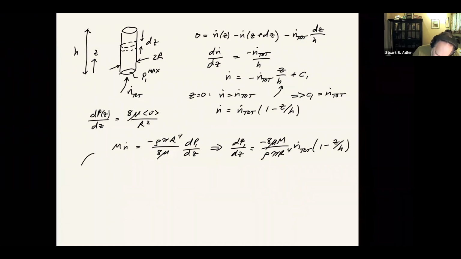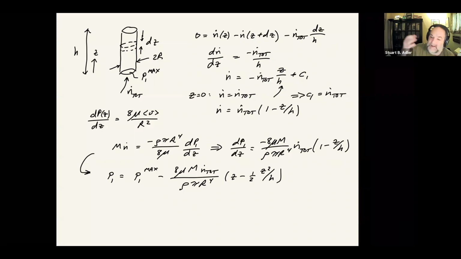And so we can solve this knowing that the pressure is maximum at the bottom. P1 is going to be P1 max, and it's going to drop off parabolically. And then you can imagine doing this on the exhaust side as well. Flow rate will be slightly less on the other side, but recall that we have this massive excess of air, and also it's mostly nitrogen, which is not being consumed. So the amount of actual volumetric flow rate that's decreasing as a result of the reaction is very tiny. So I'm just going to treat it the same way on the other side. And so we'd expect by symmetry,